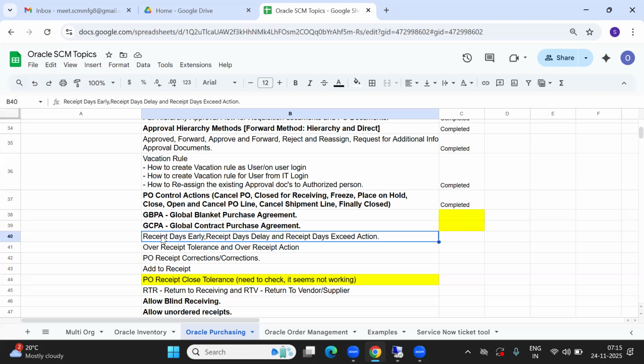Mostly from the purchasing side, we have key concepts in the setups itself. Whatever we set up in the application, purchasing options or receiving options, those concepts only will be there. Fine. So now let's discuss what is receipt days early. For example,